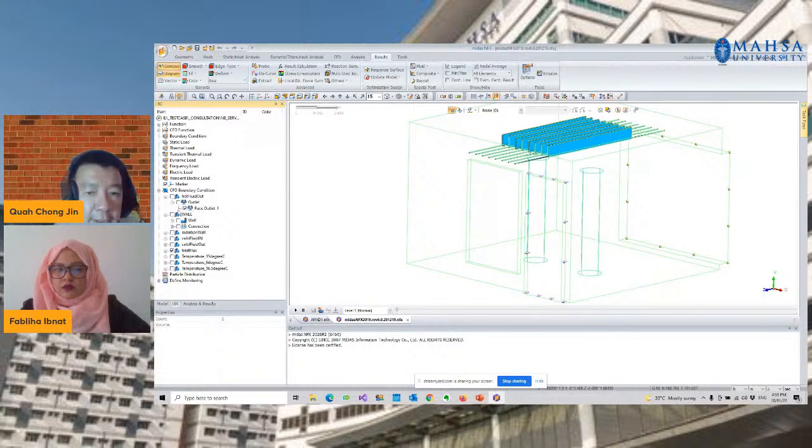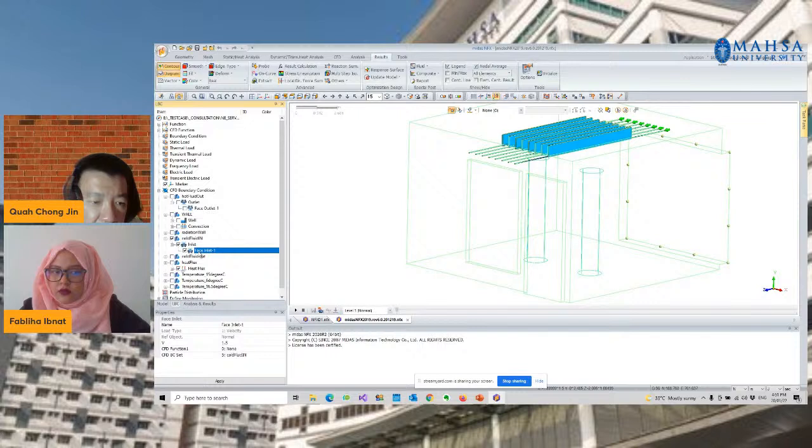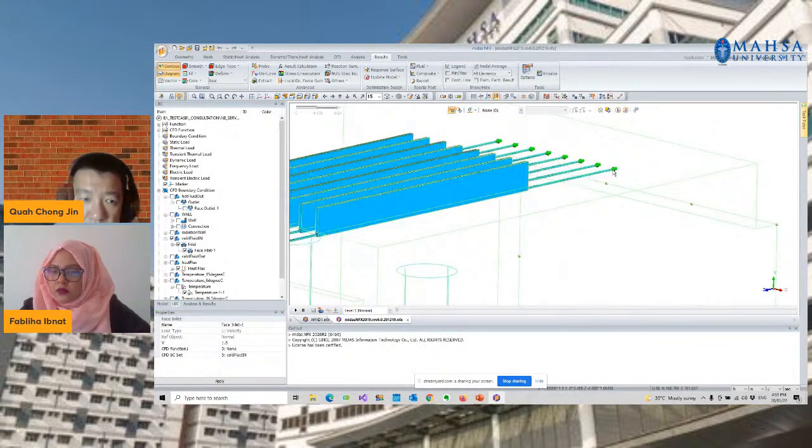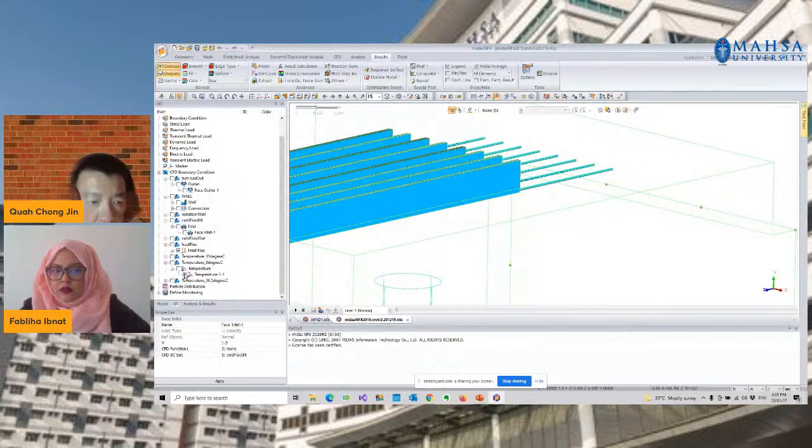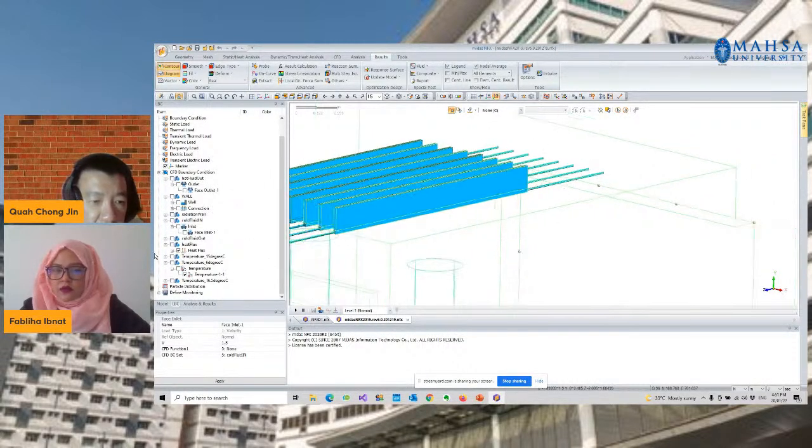Okay, so let's check with the boundary condition in this case. The heat flux is actually coming from the windows. We're going to have the cold fluids flow in, which I mentioned is at a certain velocity, and we also have a temperature at the same inlet as well. If you look here, the temperature is applied over here, so you can see very well. We have the outlet.